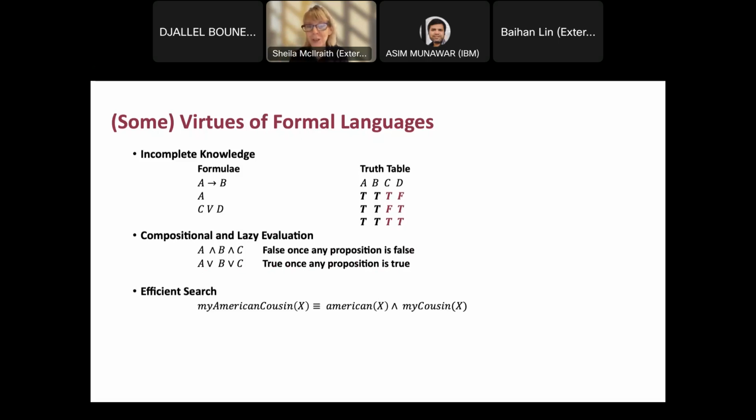We can do efficient search. This is an example I used to use in my class. I used to teach Prolog a number of years ago. If I was trying to find my American cousins, I wouldn't go out and list the 340 million Americans and test whether each one was my cousin. If I had, let's say, 10 cousins, rather I'd find my 10 cousins and then check to see whether they're American. So you can order things and do very efficient search, and you can reason about those types of properties. Finally, formal languages and automata can be generators and recognizers of language, and that's a very important property that we're going to exploit today in this talk.